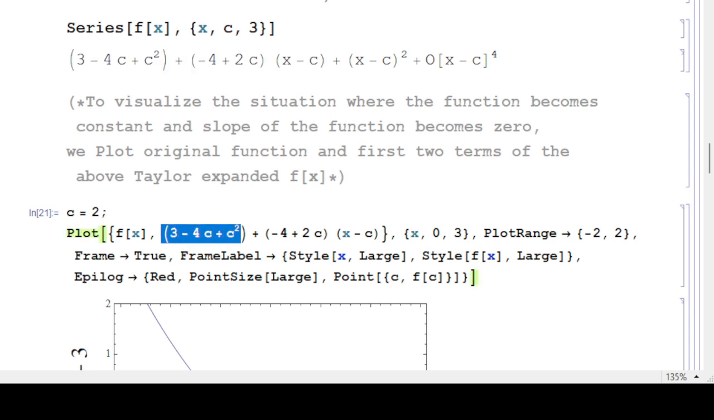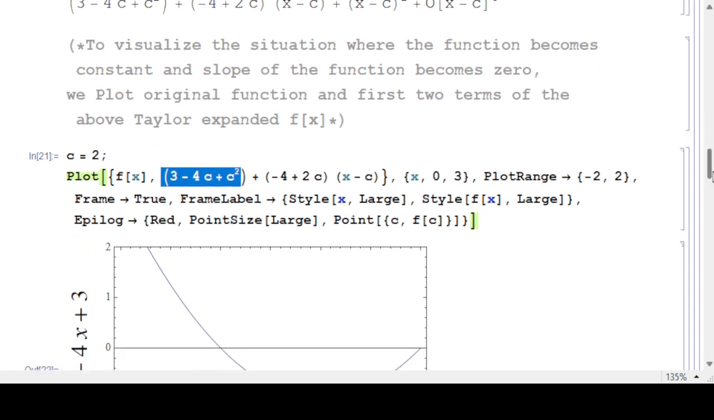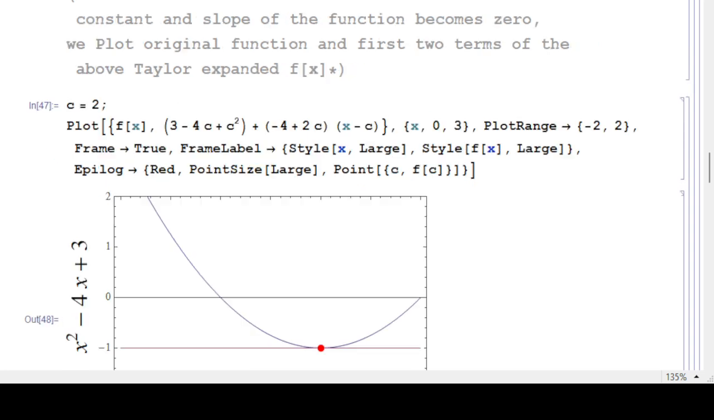So to visualize the situation where the function becomes constant and the slope of the function becomes 0, we plot the original function and the first two terms of the above Taylor expanded function. So these are the conditions. We apply Frame and we apply FrameLabel, and this is a useful command to apply the labeling. And when we apply these commands, and this last command is the Epilog command,